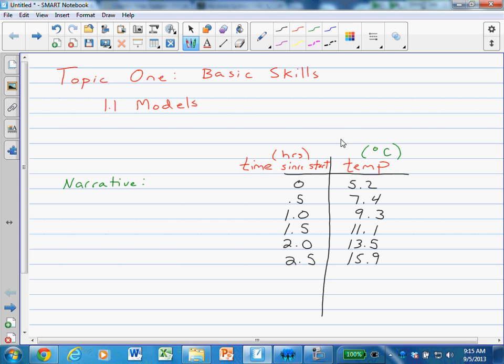So I might write on there, like the outside temp at the start of the experiment was 13.2 degrees Celsius. At the end of the experiment,